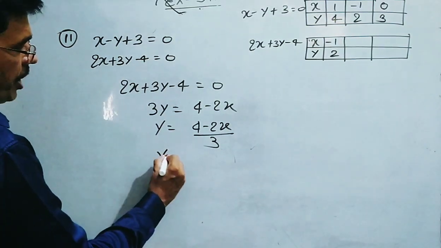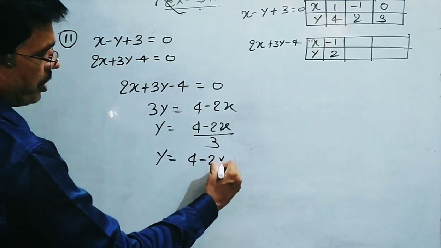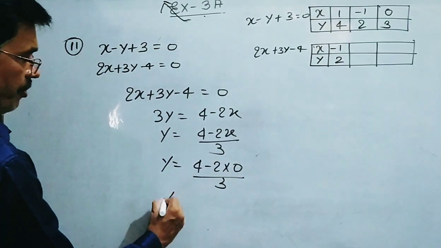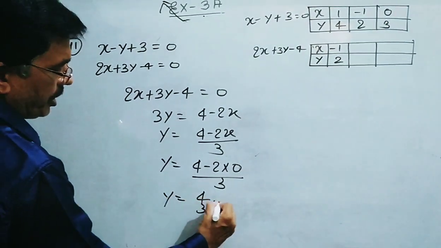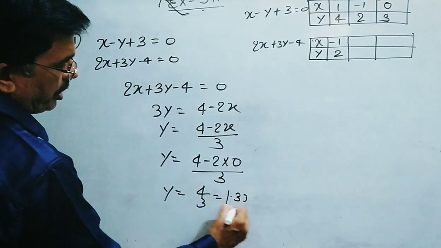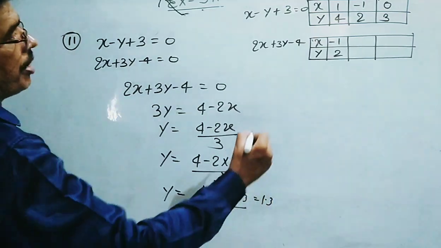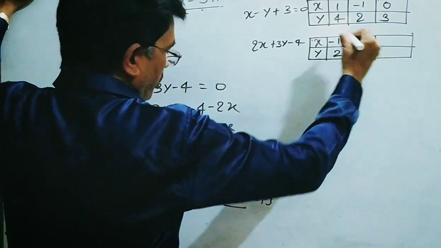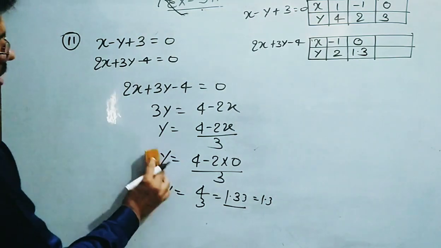If we write y = (4 - 2 × 0)/3, then you get y is equal to 4/3, that is 1.333, that is 1.3 approx. So when x is equal to 0, then y is equal to 1.3. Third question,